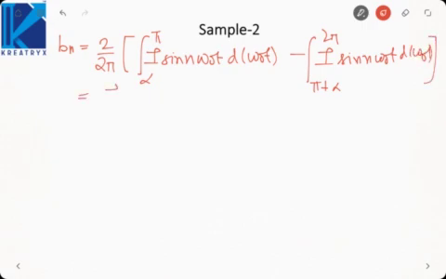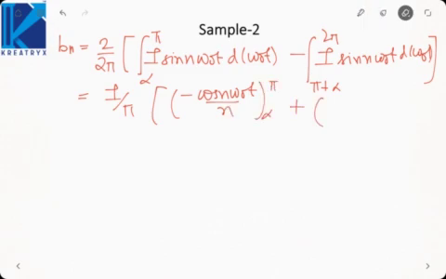So it will be I by pi, integration of sine is minus cos. So this will be, okay, minus minus will become plus, so I can write